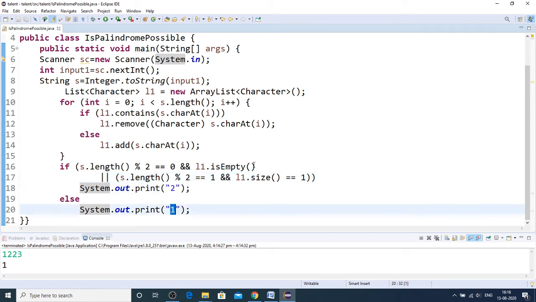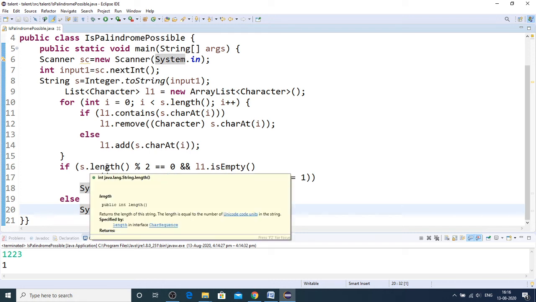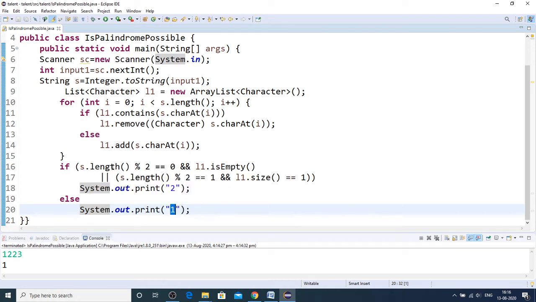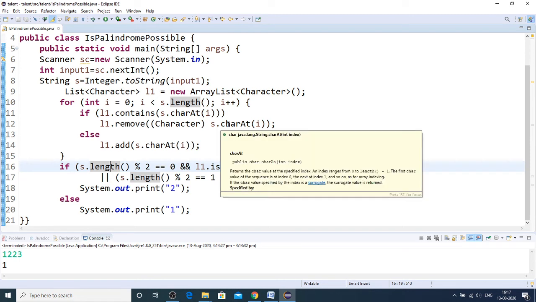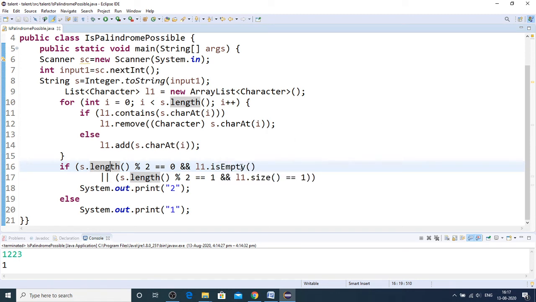So as mentioned, the first condition is, I am checking if the length of the input is even, or the list to which I have added the characters, when not found in the original string, is empty.